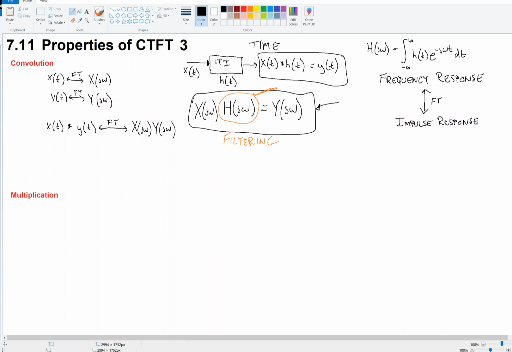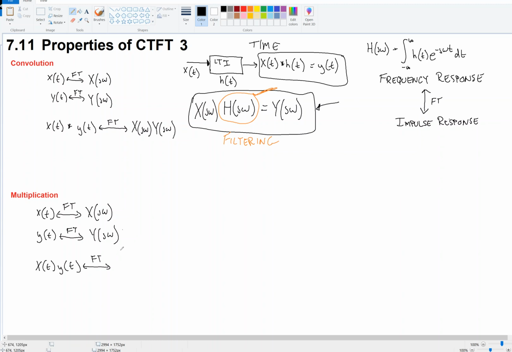Now, another big one for us is going to be the multiplication property. The multiplication property is the dual to the convolution property, and it says that if x of t has Fourier transform capital X of j omega, and y of t has Fourier transform capital Y of j omega, and if I have a new signal that's the multiplication of two signals,